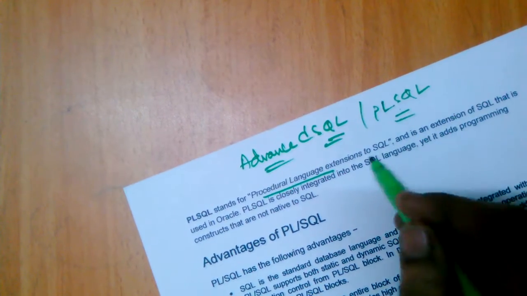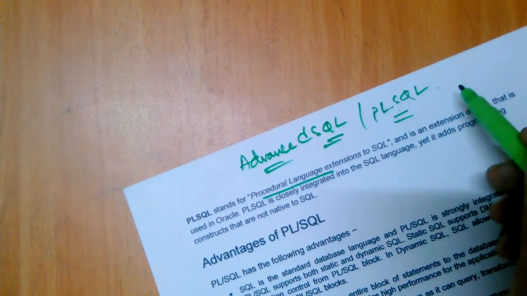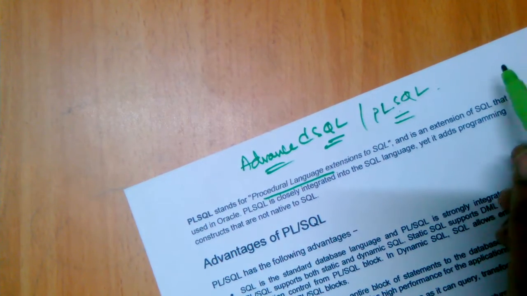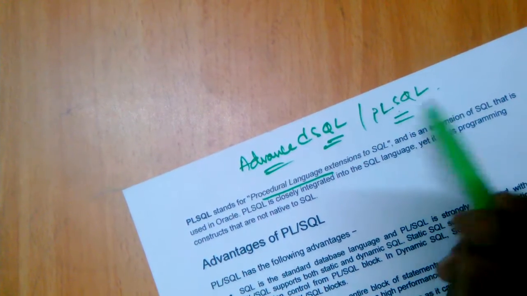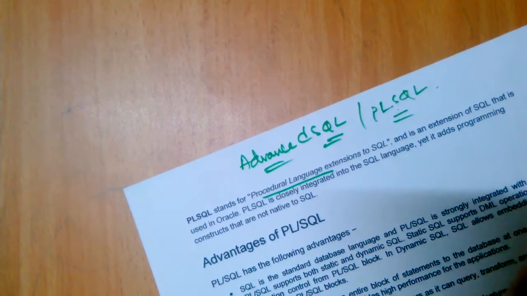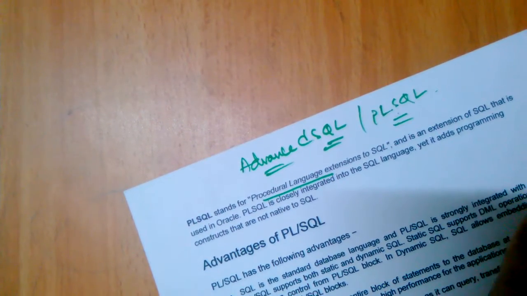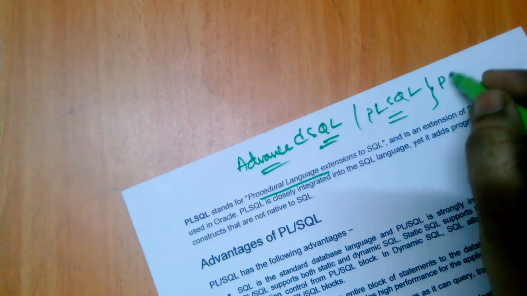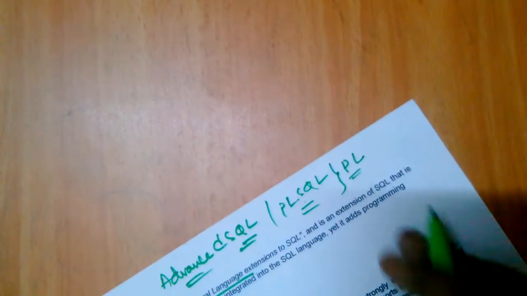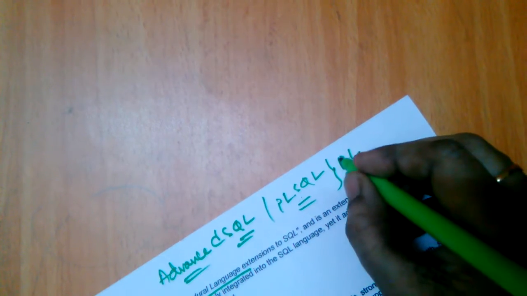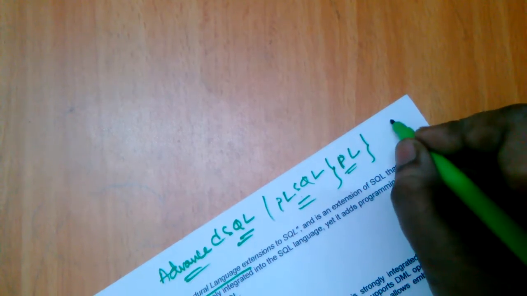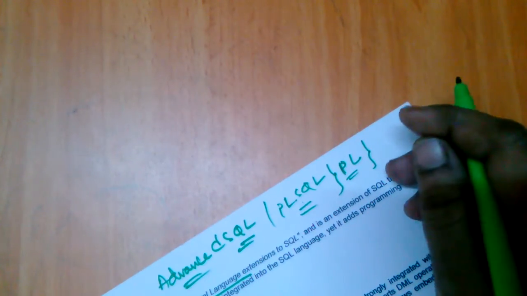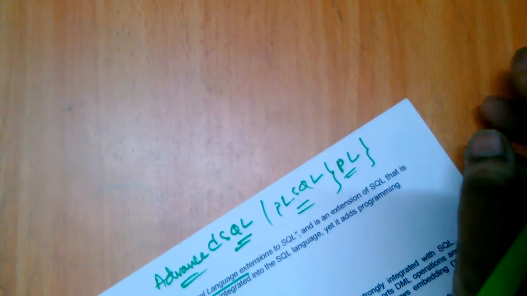We will say PL SQL is an extension to the SQL language, where it is closely integrated with SQL. PL SQL has all the features which are constructed in SQL, and it also has additional features called procedural language features, like a programming language. That means PL SQL supports variable declarations, conditional and control statements, procedures, functions, and exceptions.